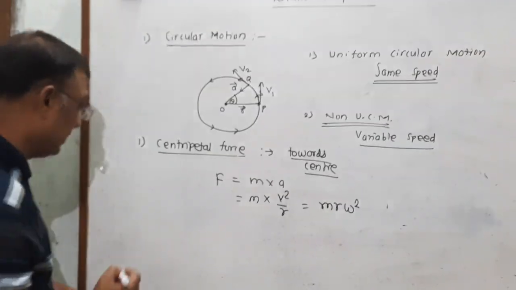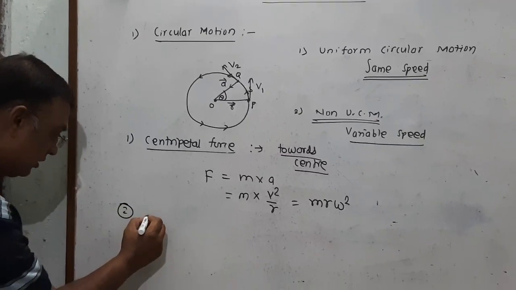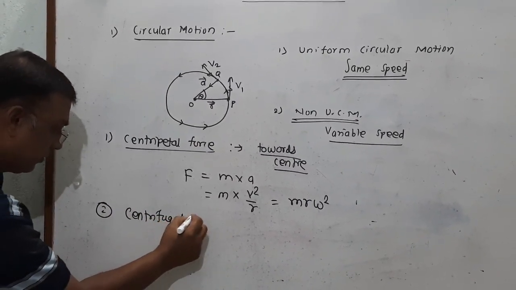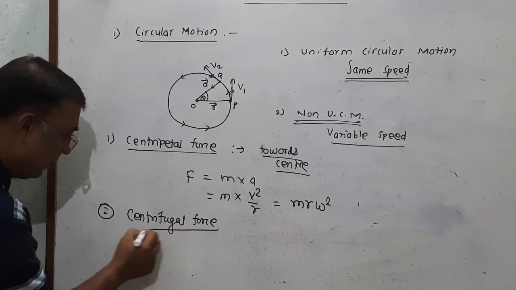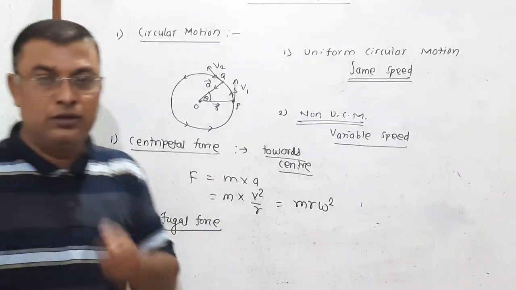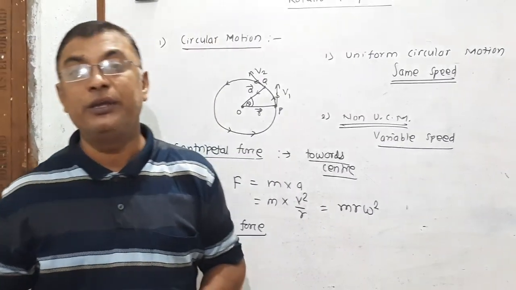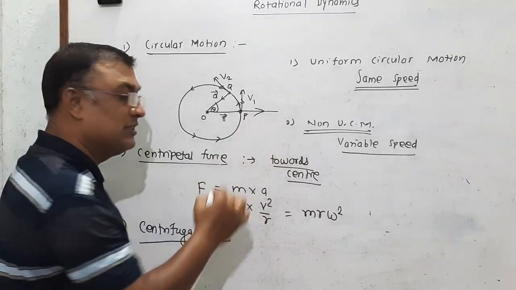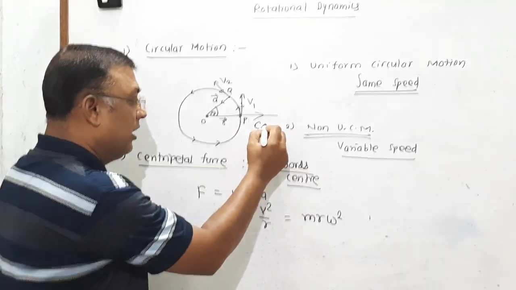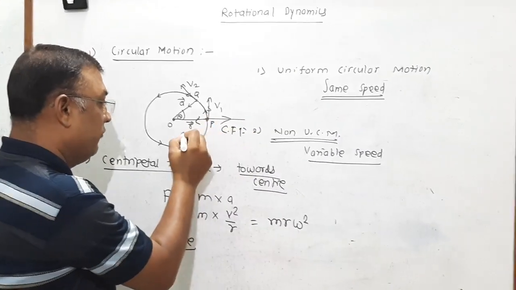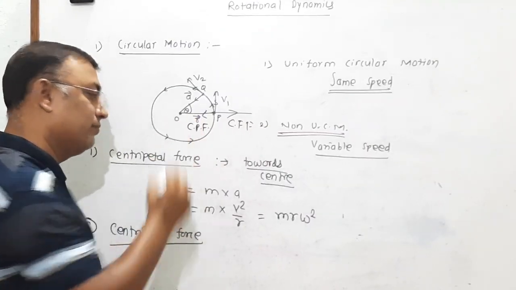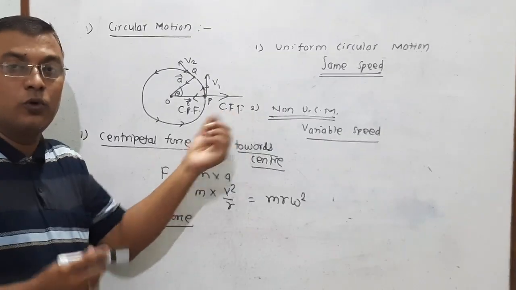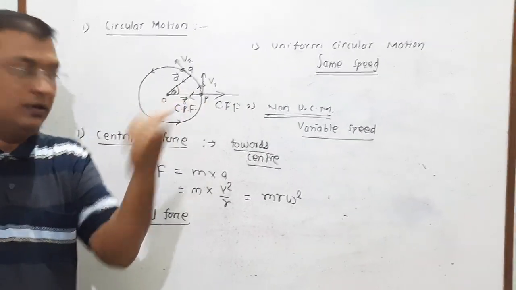There is another force utilized in the case of circular motion, known as the centrifugal force. This is a completely imaginary force. It is the force acting on the particle performing uniform circular motion, directed away from the center. So the centripetal force and centrifugal force are equal and opposite. The magnitude of